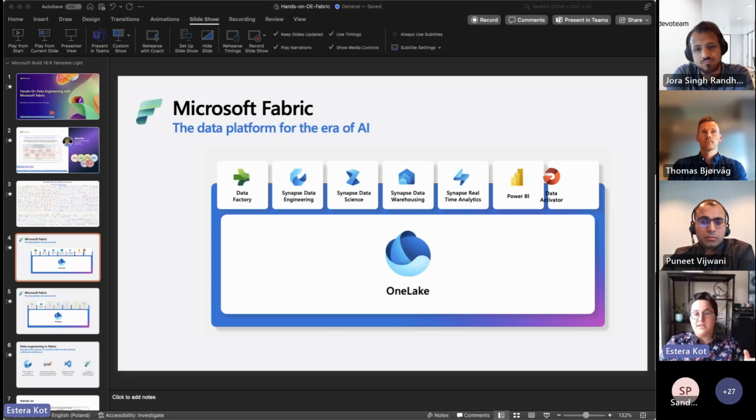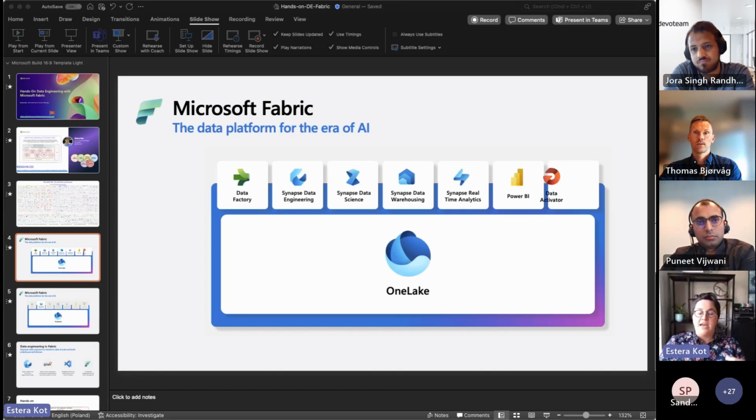So Data Factory, the well-known Azure Data Factory tool, but here some existing tools have finally been integrated together, and there are also some completely new novelties, meaning we have a new approach to storage named OneLake. It's very similar to the OneDrive that we personally have. We envision that our customers would love to store data in just one lake, one storage. That's why the fundamental pillar for the data is OneLake, and that is the novelty.